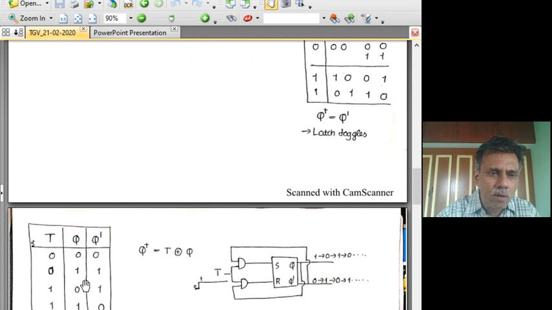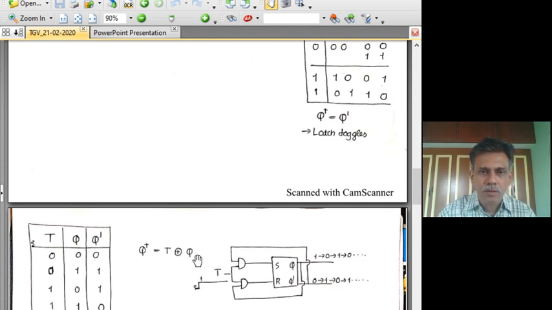So how do you arrive at the logic equation for Q plus? It has to be actually not Q bar, it has to be Q plus. That is what we are interested in. In terms of the two inputs T and Q, you can see that this is a truth table for an exclusive OR gate. When both inputs are 0, the output is 0. When both inputs are 1, the output is 0. Only when T and Q differ from each other, the output is 1. This is precisely an XOR condition. So we can write Q plus is equal to T exclusive OR Q.